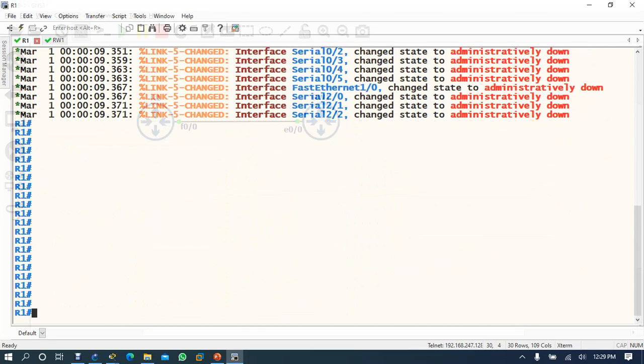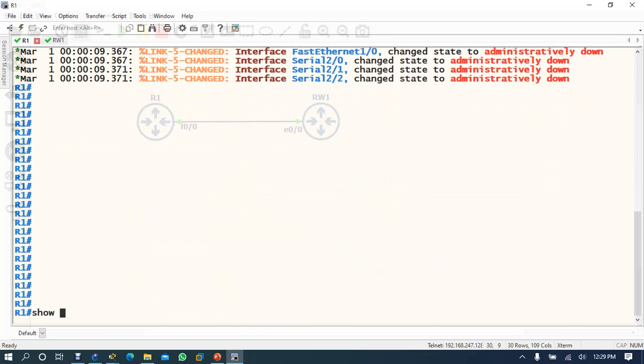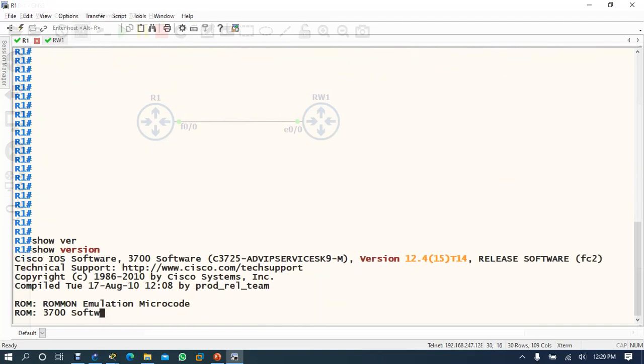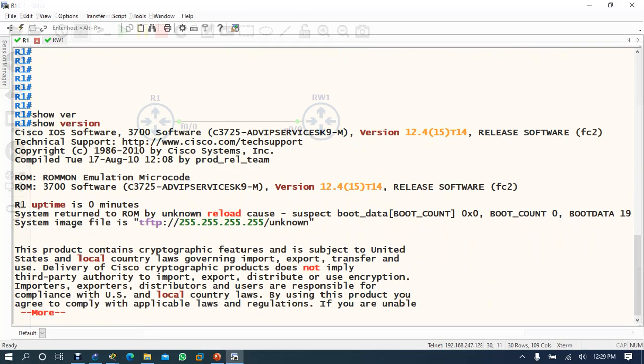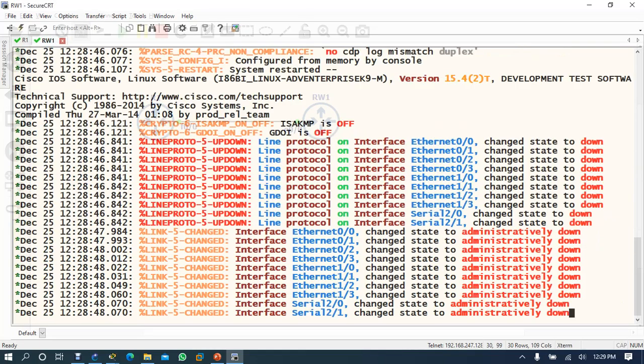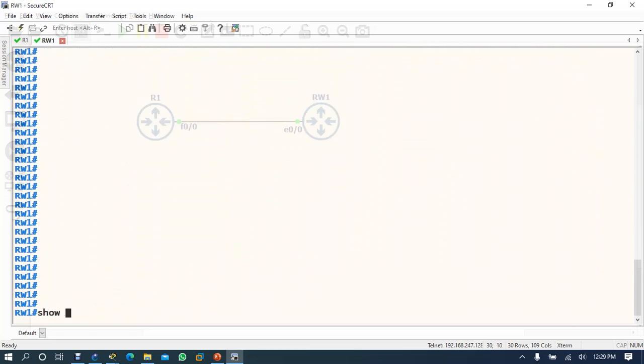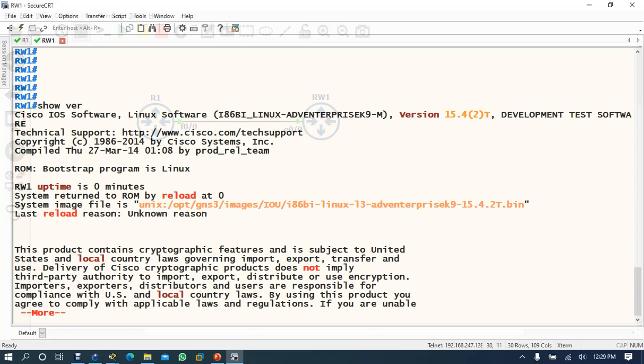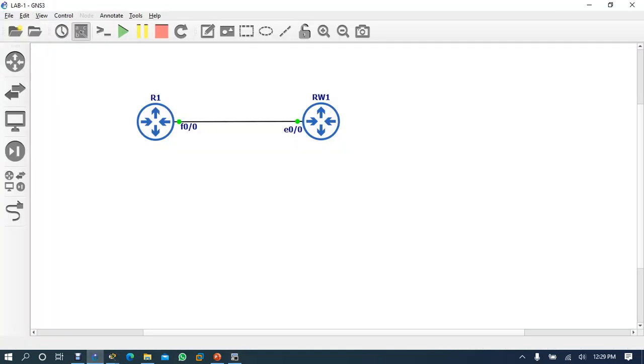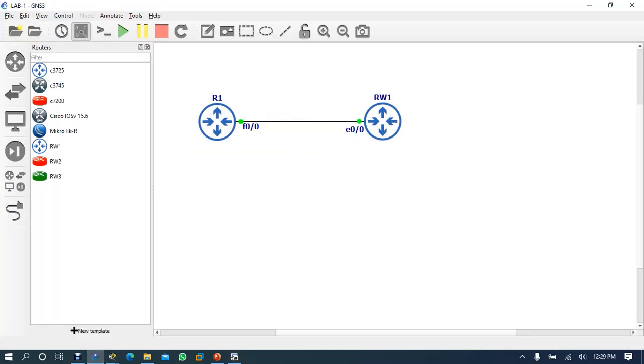So if I come here, the version is 12.4, right? But if you come here and type version, see, 15.4. This is the higher version. So that's why I recommend you to use these routers.